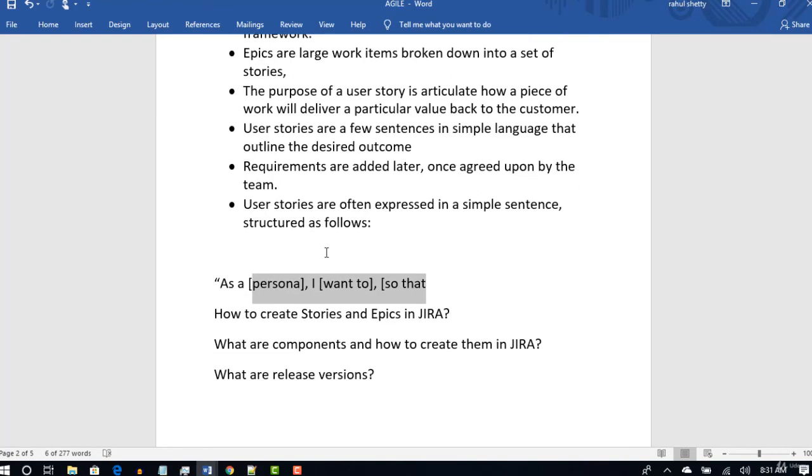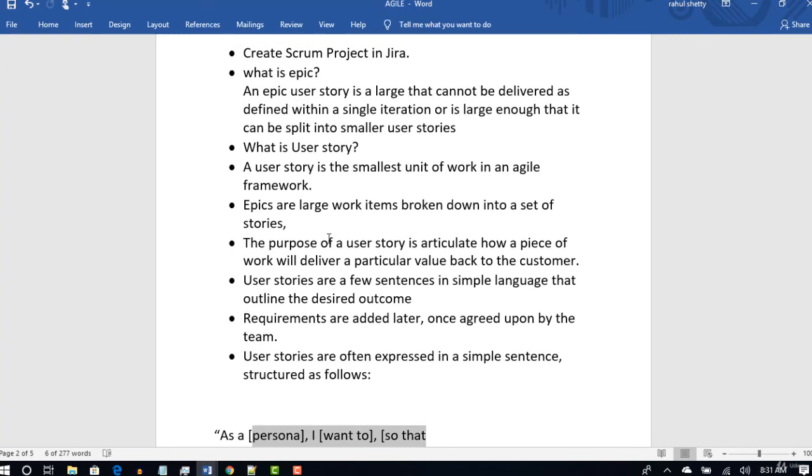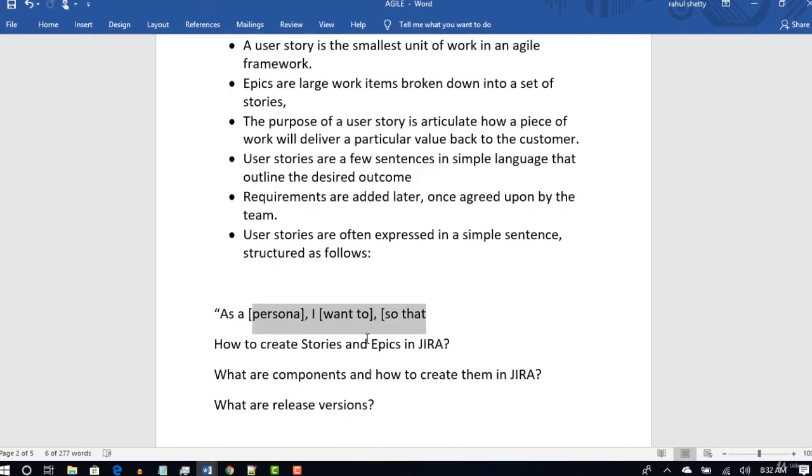Alright, in the next lecture, let's create an epic, because you understood by now. Let's see how to document this epic in Jira, how to create a user story and link it to this epic.